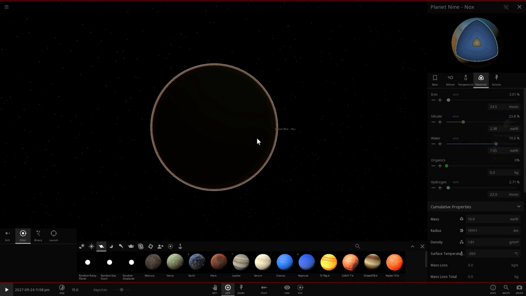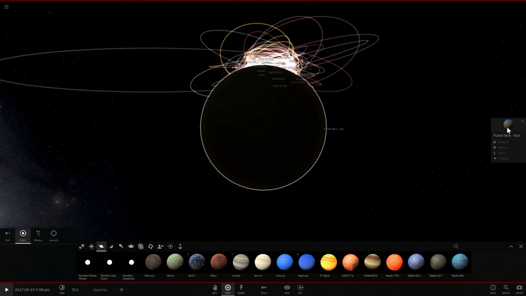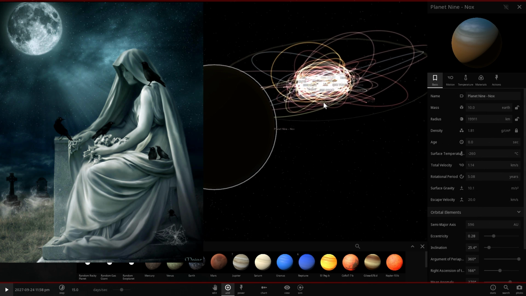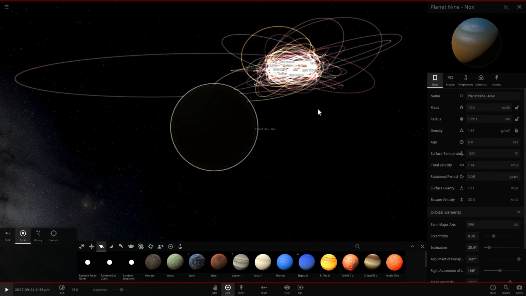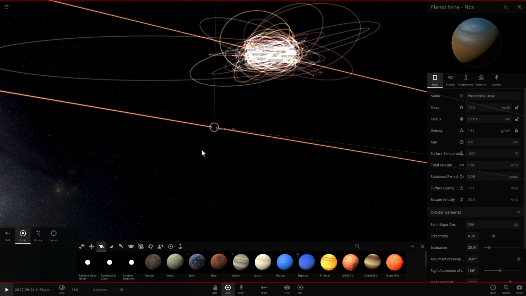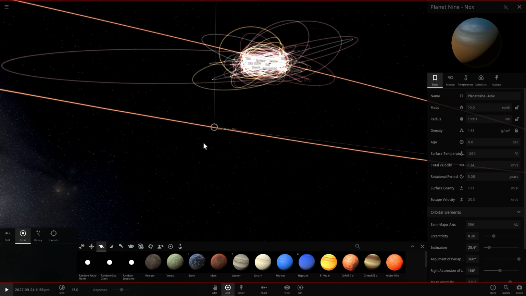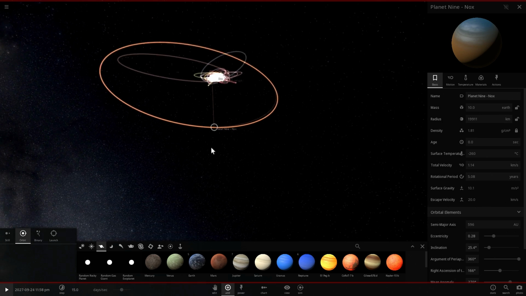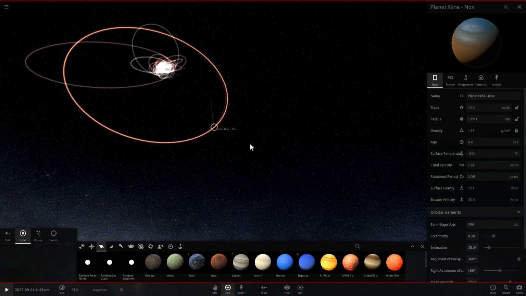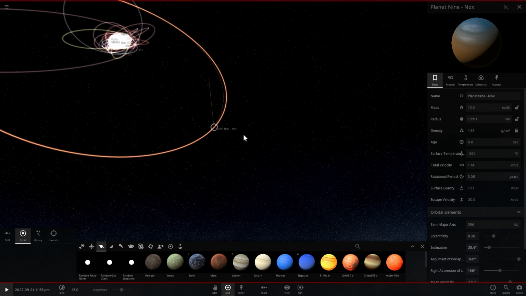As of now, I believe it's a goddess of night and shadow in the Roman belief system, or Roman pantheon of gods. And this would be a pretty good name because this is a planet that would be in complete darkness, in the shadow, and it does have a lot of effect on other objects, just like a goddess does. And if this planet does exist, there's actually already an explanation for how it was formed.